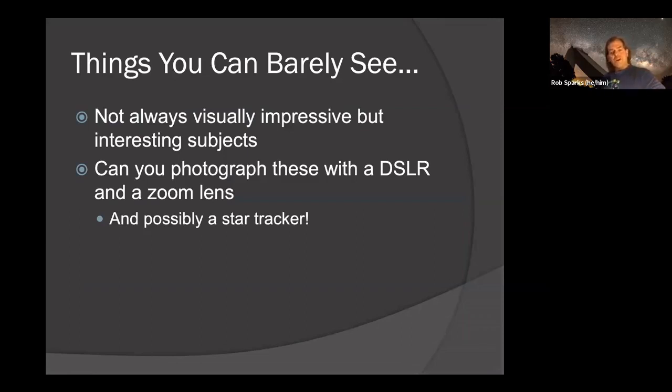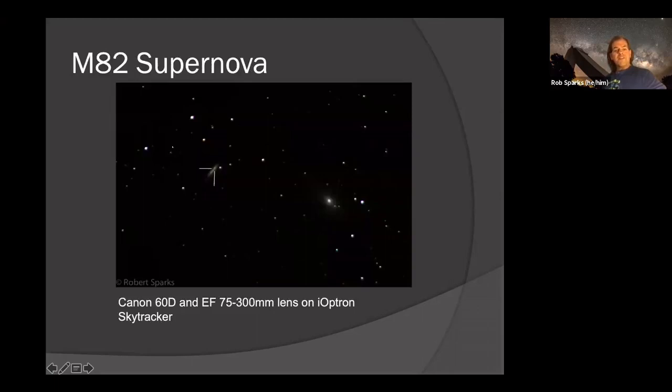And I do have a star tracker. I have 2 star trackers. I have an iOptron star tracker and the iOptron SkyGuider Pro. I got the star tracker first because it came out first. And the SkyGuider, when I started using those heavier zoom lenses, I got the SkyGuider Pro because it has a heavier weight capacity. It can carry the bigger lenses. So I upgraded to that when I got it. I still have both of them, so I can still use both. I can still have two cameras guiding at once if I so desire, as long as one of them has a smaller zoom lens on it.